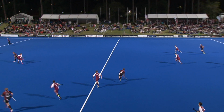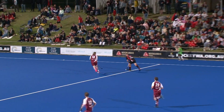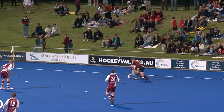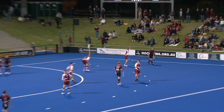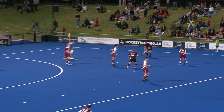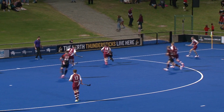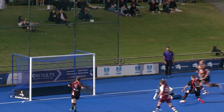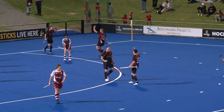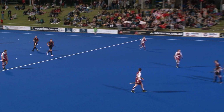Lovely play by Zalewski. Beautiful. Read by Lockley. Kleinschmidt over on the far side. It's the back of some great passing work. What goes the way of Kleinschmidt. They're all circling up there. They all want a piece of this. Foster, only an inch or two away from him. To Filippo, keeps it alive. Foster cracks a goal. That's all he needs. One opportunity. And Brodie Foster gets the first goal in a grand final with a great little ball from De